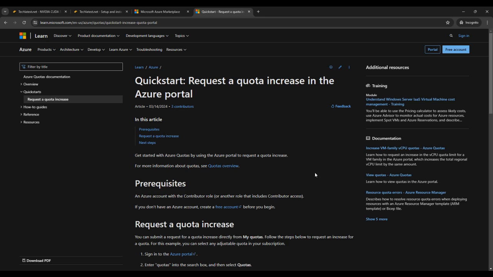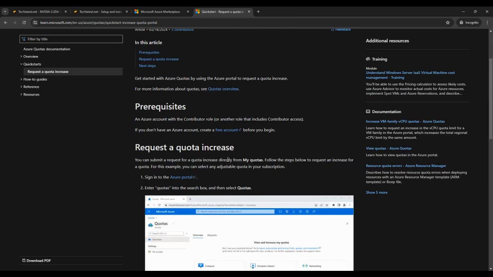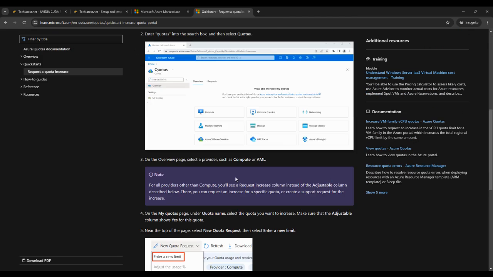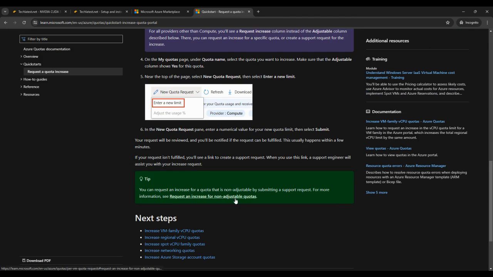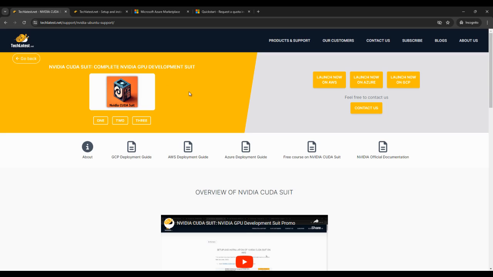So basically this is the guide: Quick start, request a quota increase in the Azure portal. You can increase your quota by following this guide. This is the official Azure guide, and these are well-proofed resources. You can follow this resource to set up the quota because NVIDIA CUDA Suite wants